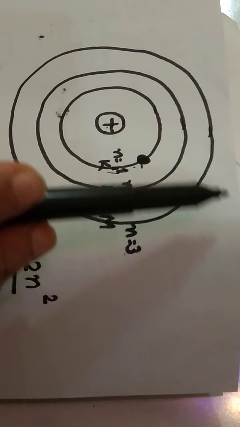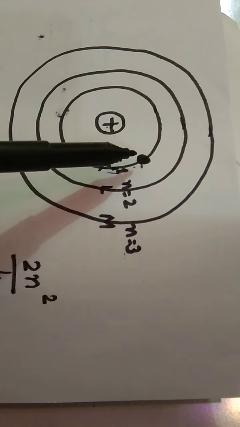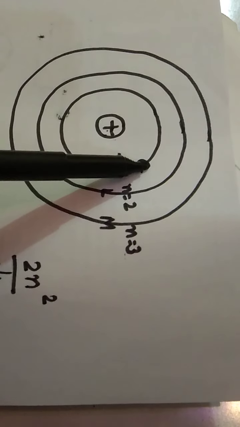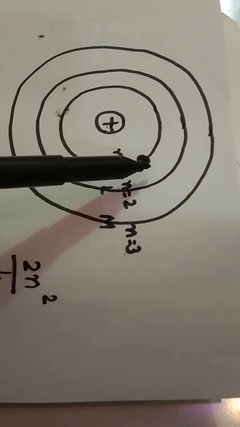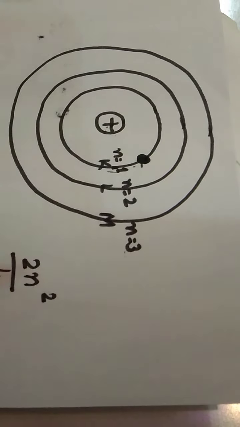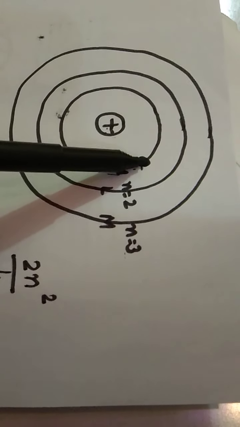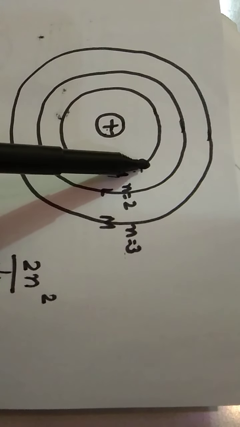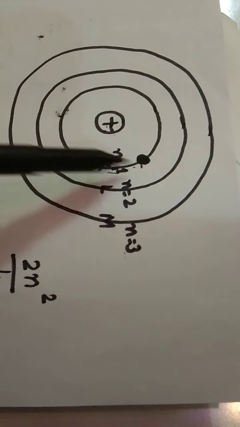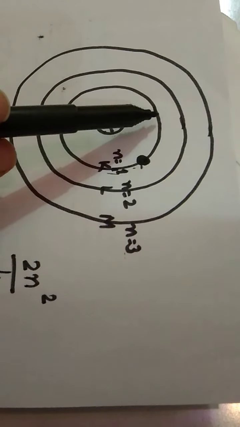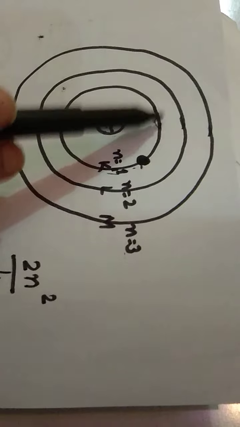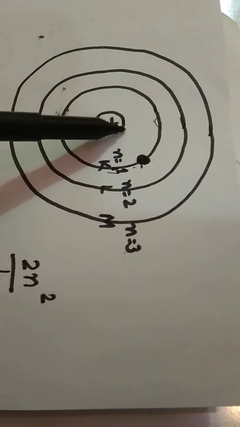Now if this atom is again placed in external magnetic field, so this internal magnetic field will be interacting with the external magnetic field, due to the reason of which this electron will orient itself in region of space around the nucleus. ये इलेक्ट्रॉन अपने आप को एक फिक्स रीजन में ओरिएंट कर लेगा इस न्यूक्लियस के अराउंड.